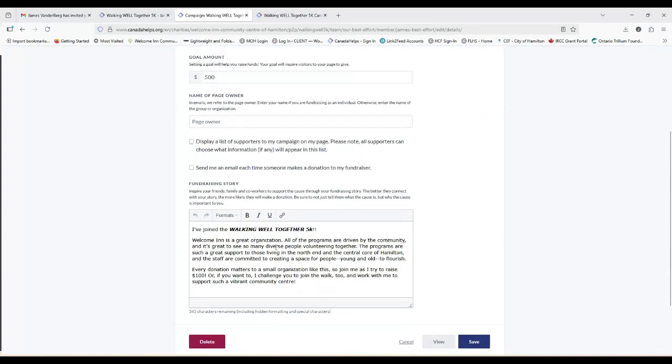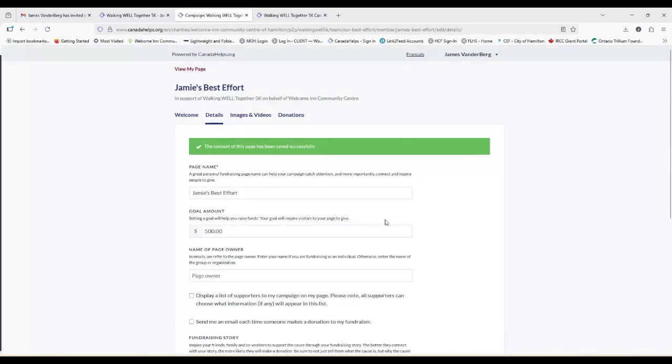And then this section here allows you to change the blurb. So as an example, let's say you are a volunteer at Welcome In and you help out every Tuesday. So maybe you want to write a very short paragraph about how much volunteering means to you and why it's so important to raise money. You could add that in. There's a character limit, so obviously you can't go too long. However you want to change that, you can do so, but don't forget to hit save in the bottom right-hand corner. So if you click save, you know your content has all been updated.